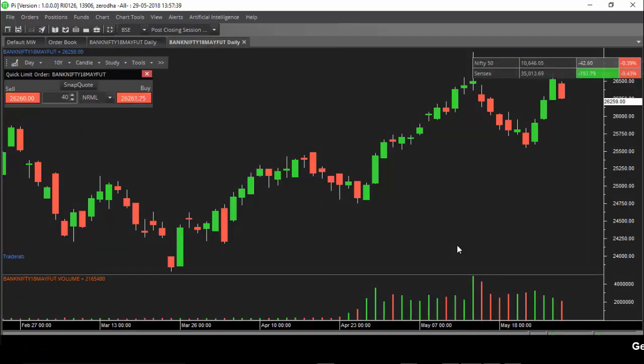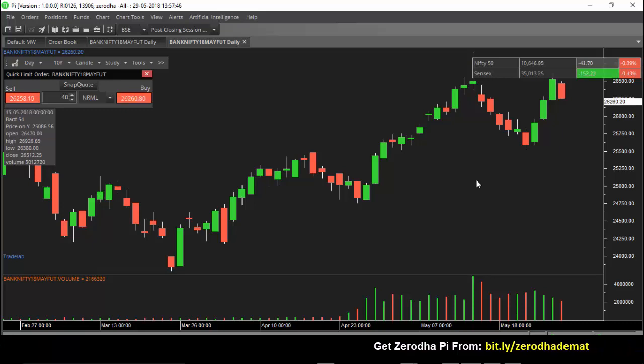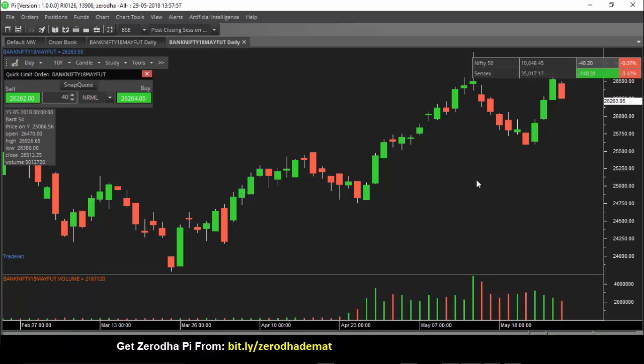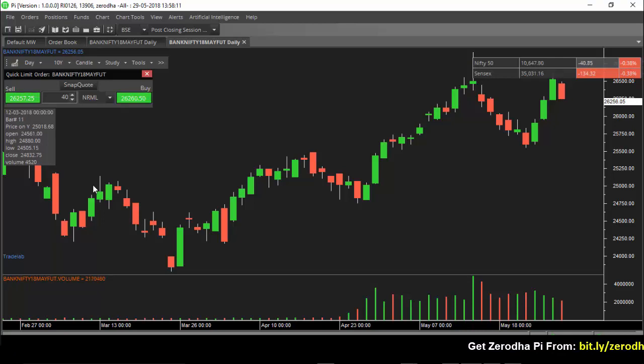So now friends, this is not a 10 years chart. This is only a few months chart. So this is a 3 months chart actually. Because Bank Nifty May future actually started for the last 3 months. In NSE, one symbol can have a future contract only for 3 months. So the May contract started at the end of the February series. So after the end of February series, the May contract has been introduced, and so it has been there for the last 3 months.